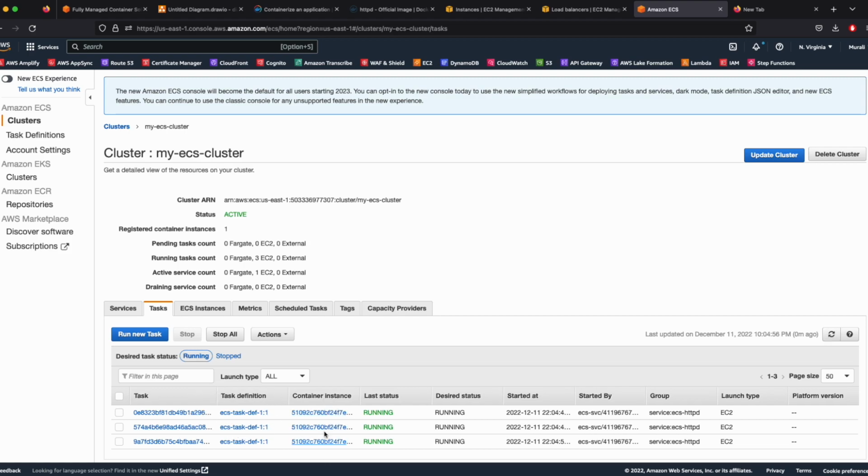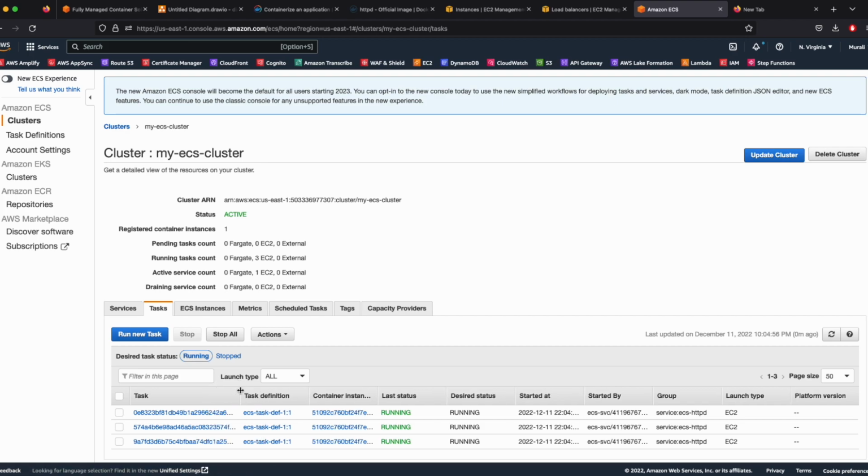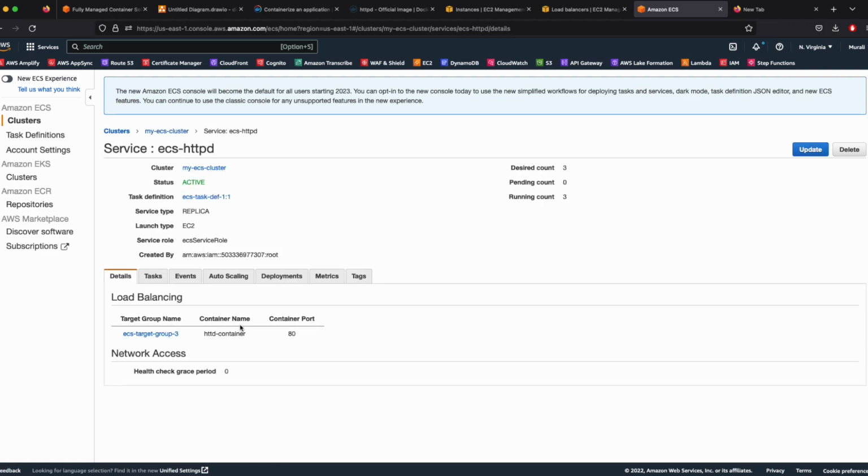This is my container instance. I've created 3 tasks inside my container. So now that it is running three images, and now if you go to my service, if you go to ECS HTTPD service, you can